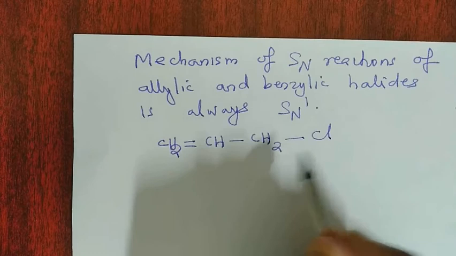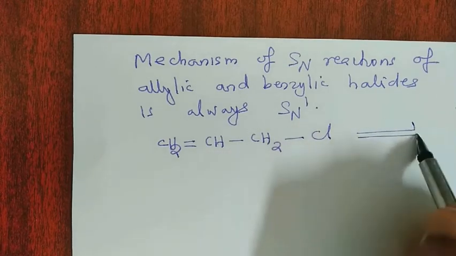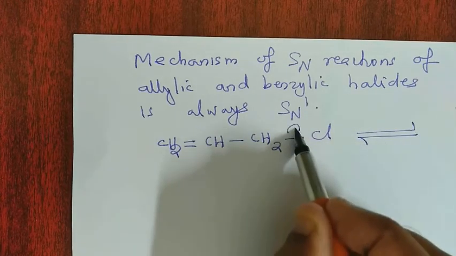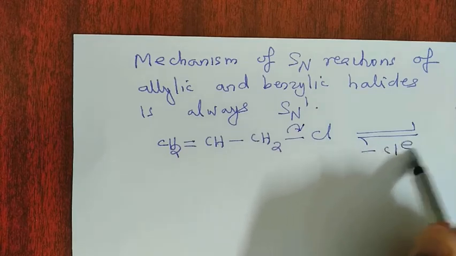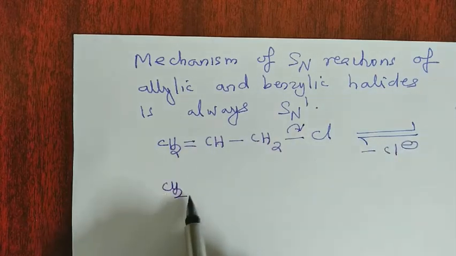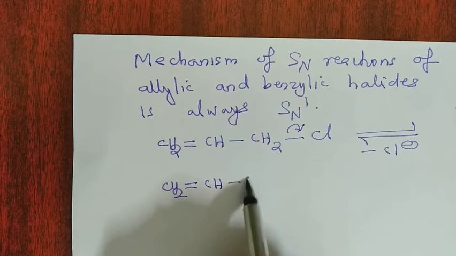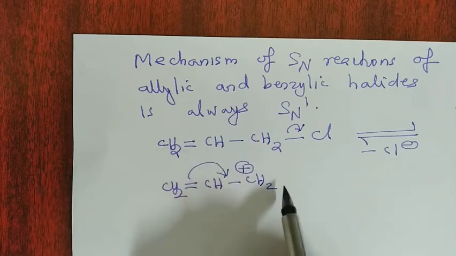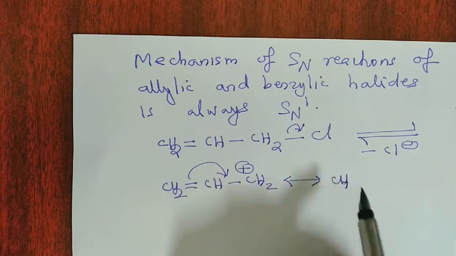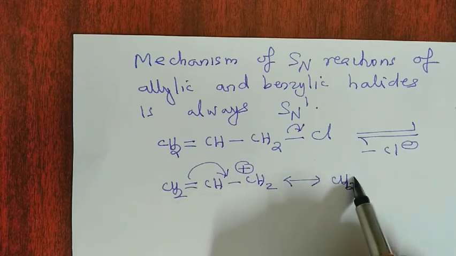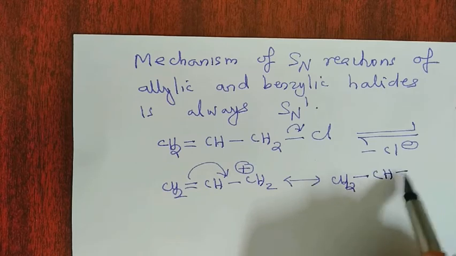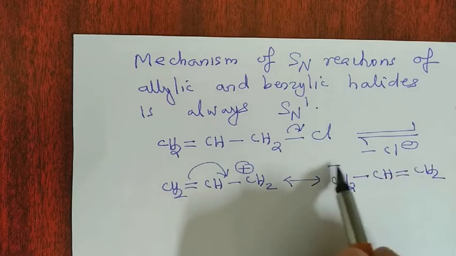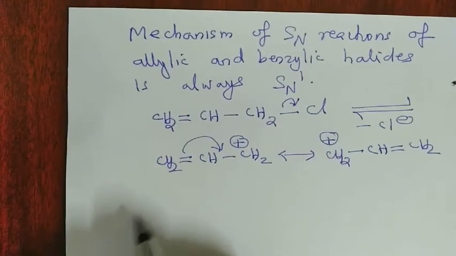This is allyl chloride. It readily undergoes dissociation to form allyl carbocation. This allyl carbocation is stable due to resonance. The positive charge can be delocalized through resonance. Hence, allylic halides